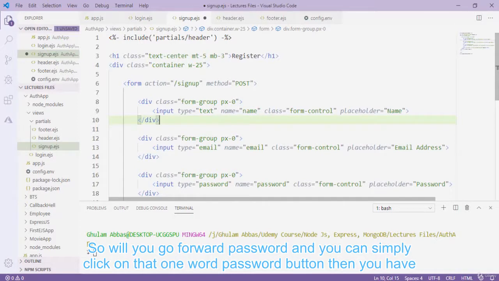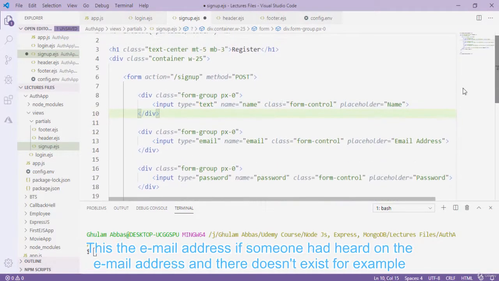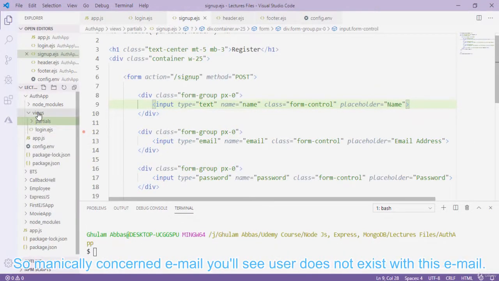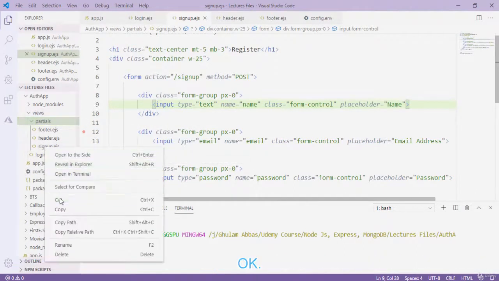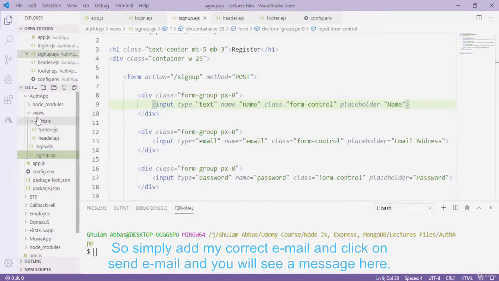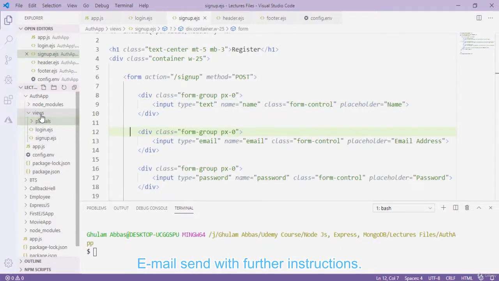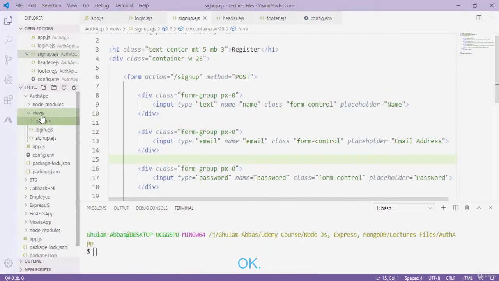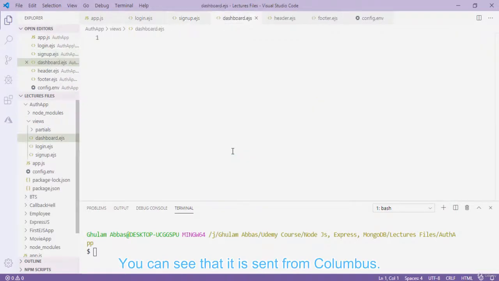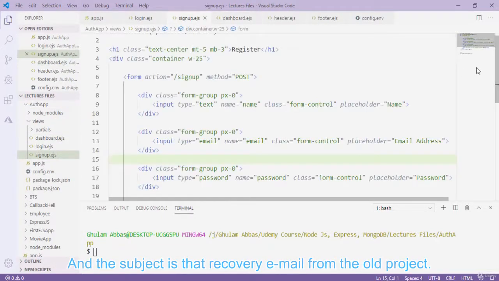Okay, and then I have to also set up my dashboard.ejs. I have created the signup in partials, so I simply cut that from here and paste it in the views. Okay, so after that I simply create a new file in the views directory with the name dashboard.ejs. Okay, and in here first of all I just add my partials,